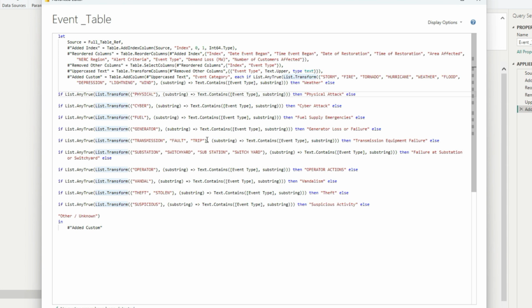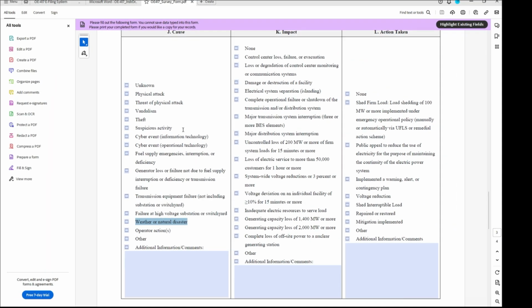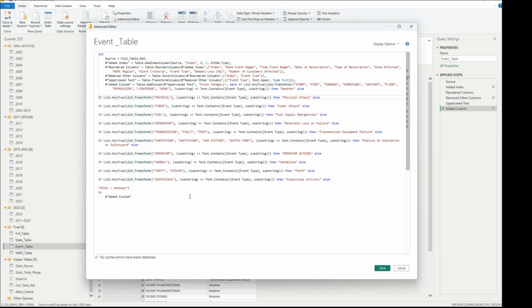If we look at transmission, fault, or tripping, we can look at transmission equipment failure. If we look at substation or switch yard, failure at substation or switch yard. And then for operator actions, vandalism, theft or stolen is theft, and then suspicious is suspicious activity. Else, I'm just returning as a catch-all, other or unknown. Now if you wanted to add additional categories in here, there might be something like some of the actions taken. Sometimes there's like a public appeal or load shedding or something like that. You could add those in here, so you can just keep adding additional